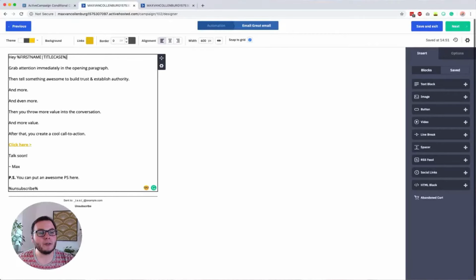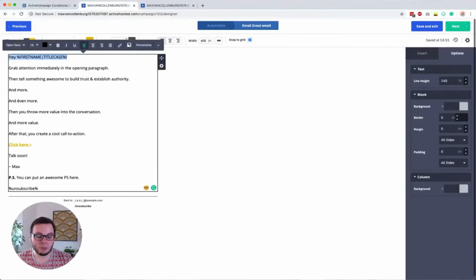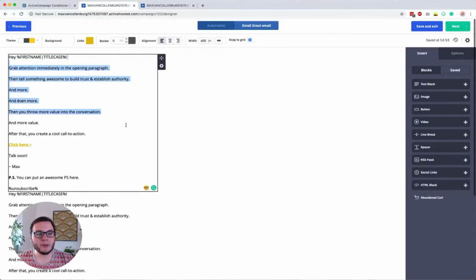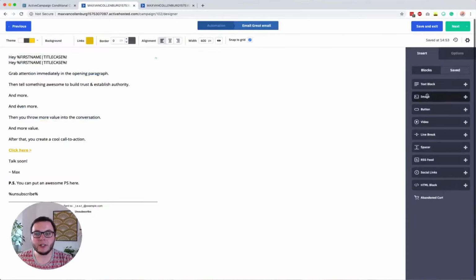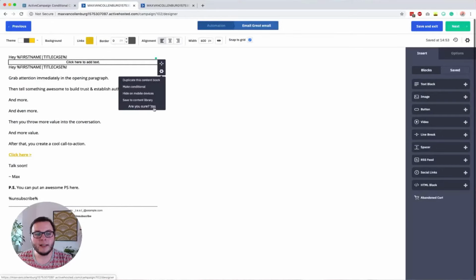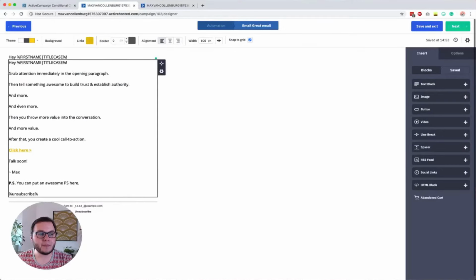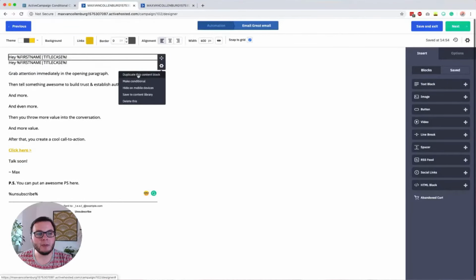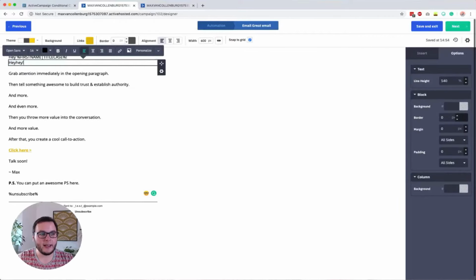What I want to show you is how you, for example, can make this row conditional based on whether you have someone's first name or not. It's a super simple example. We're going to duplicate this block. You can click here, and then I'm going to remove this. You can also drag in new blocks if you want to, but then you always have to style it again, and I find it a bit annoying. That's why I always copy my blocks. Then I will remove this, add one return, and duplicate this block again, and here it will say, hey, hey.